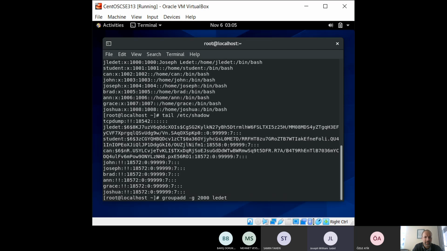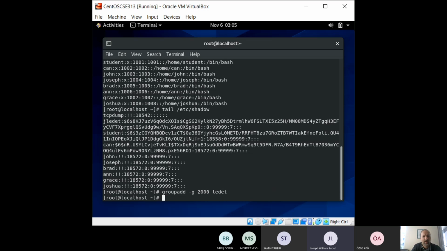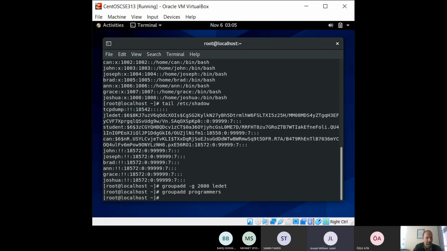So we're going to add the Lede group. Okay, and I'm going to add all my group, add. We'll call the next one the programmers group. All right, so I've created these 2 groups, the Leday group and programmers, and I want to add, so let's take a look at the